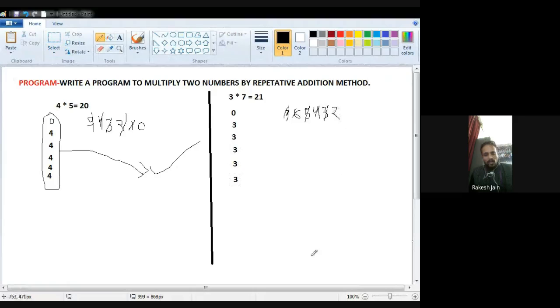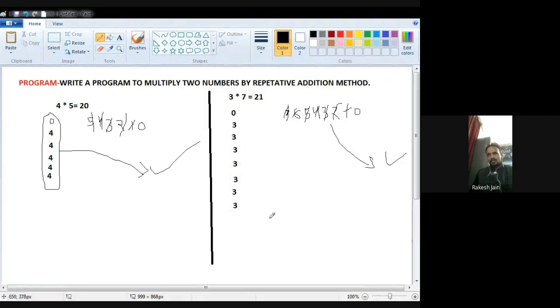One more time do the addition, and till the decrement register value is not 0, keep decrementing. Now it is 2. One more time add this, then decrement, because it is not 0 now. Now one more time add this 3, and again decrement it.